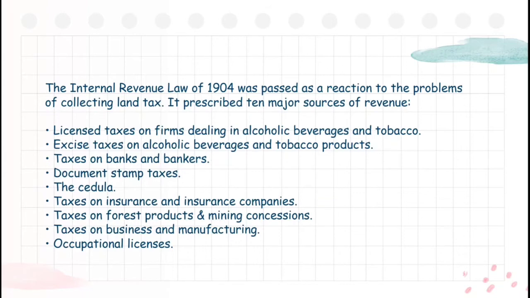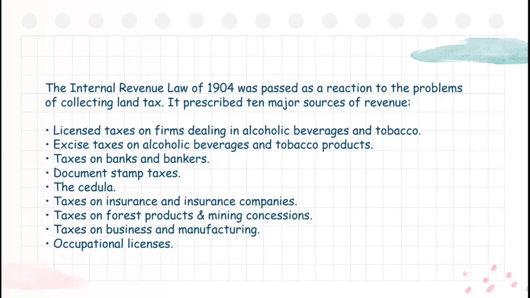The first one is license taxes on firms dealing in alcoholic beverages and tobacco. The next one is excise taxes on alcoholic beverages and tobacco products, taxes on banks and bankers, the document stamp taxes, the cedula, taxes on insurance and insurance companies, taxes on forest products and mining concessions, taxes on business and manufacturing, and the last one is occupational licenses. Again, those were the 10 major sources of revenue under the Internal